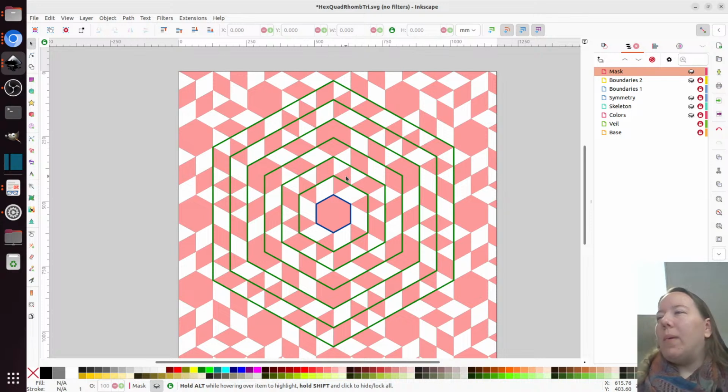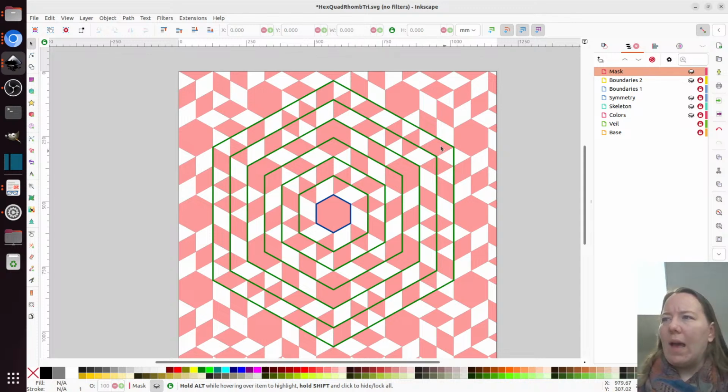And one of the benefits, you know how I was talking in the square tiling about how sometimes with some symmetry extensions, the repeats are not lined up with the tiling breaks? In hex, quad, rhomb, tri, one of the great things about the tiling is that the repeats are lined up with the tiling breaks. And we could use these pseudo tiling breaks to get a pleated border by saying, okay,